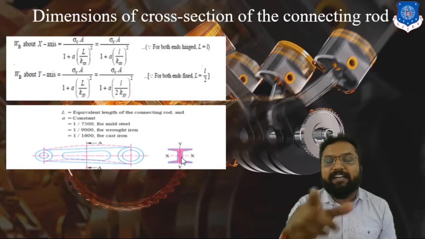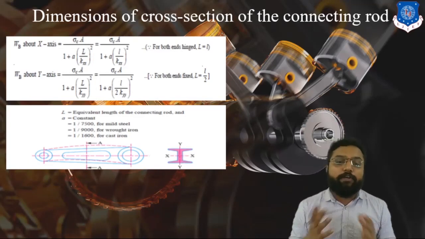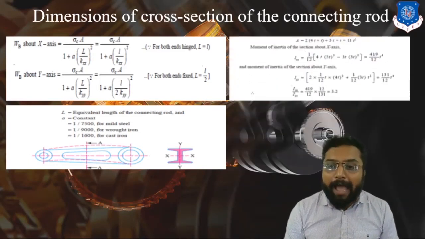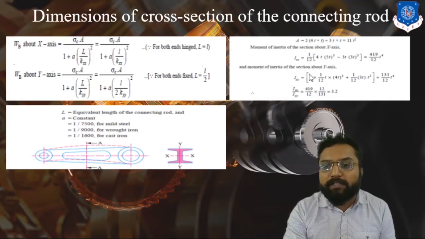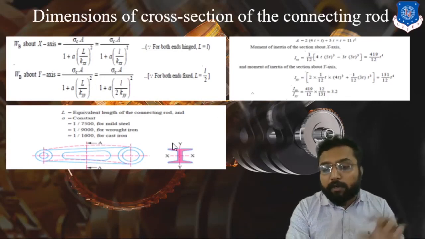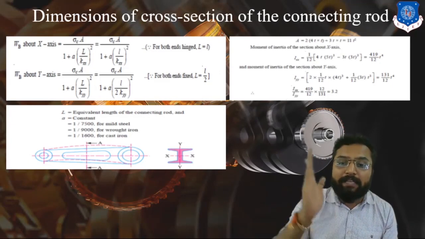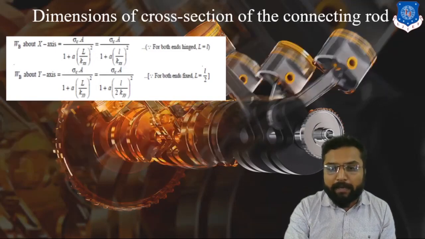Clear? After determining both of these loads, we have to consider what kxx and kyy are going to be. For that, we have to determine our Ixx and Iyy. Here you can see Ixx and Iyy. For Ixx, how are we going to consider it? To design this Ixx, we have to consider the I section from the horizontal plane. Here you can see from the horizontal plane. In the previous slide, we talked about the horizontal plane, like let's get